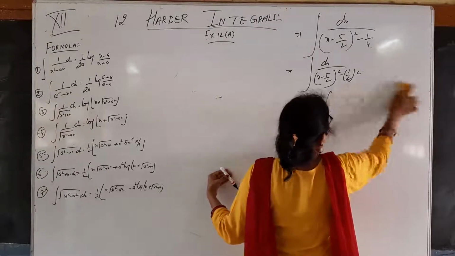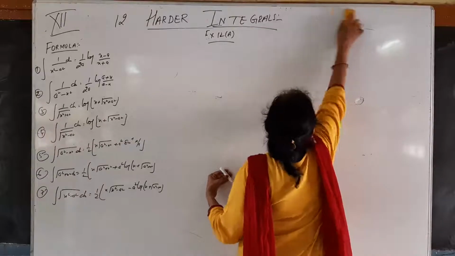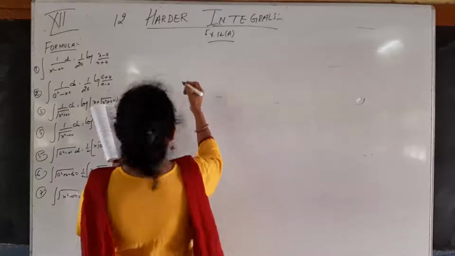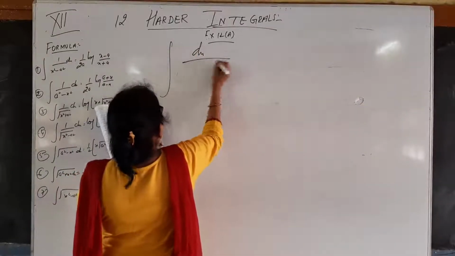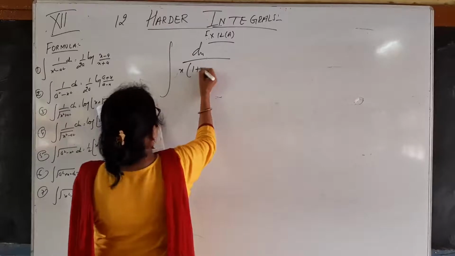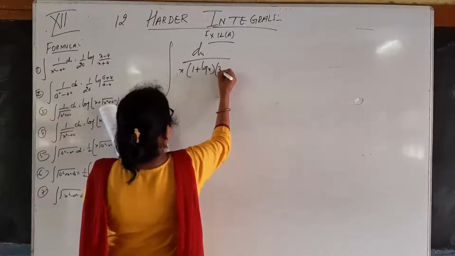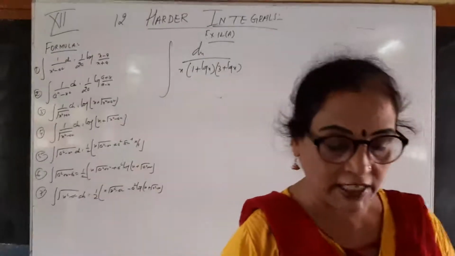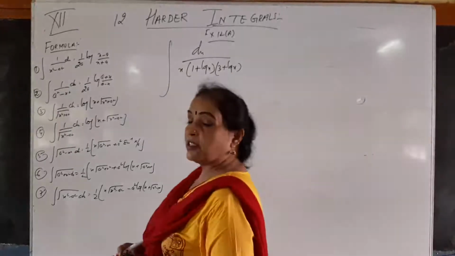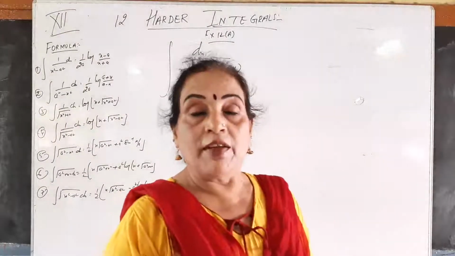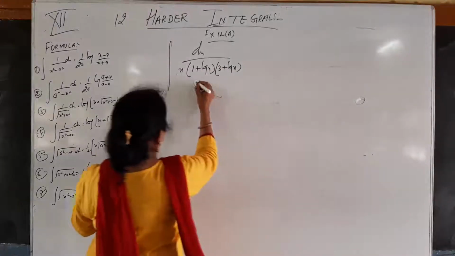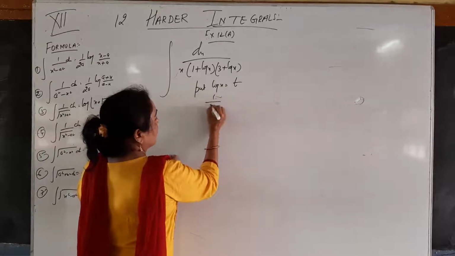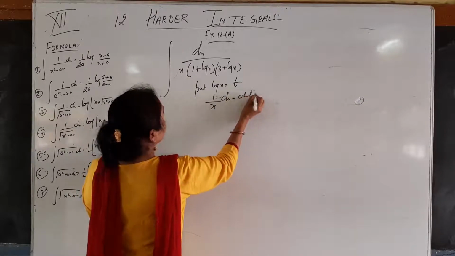Now we will do another question, that is, if it is given dx upon x (1 plus log x)(3 plus log x). Now see, log x is given and, as in the previous chapters we have done, its differential is also present. So what we will do, we will put log x equal to t, so 1 upon x dx equal to dt. See, 1 by x is given.